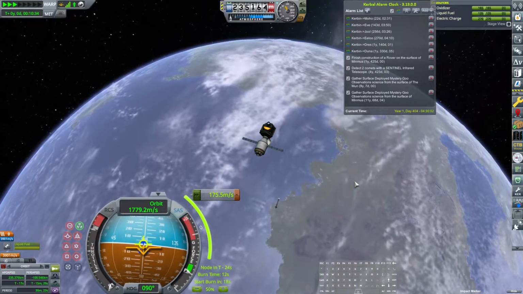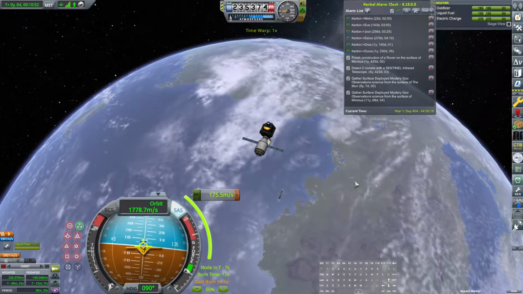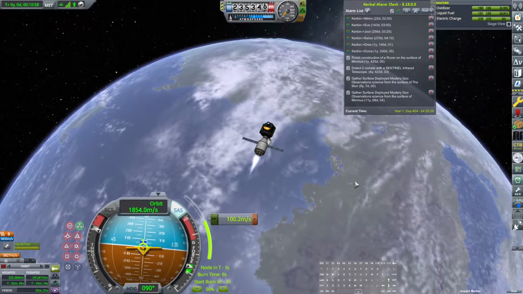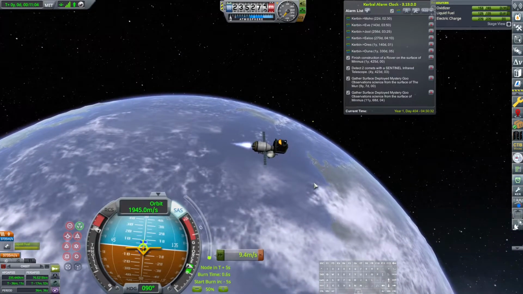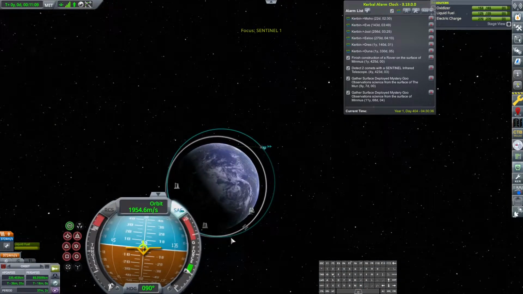Yeah, that must be one of those upgrades to the probe cores that I got. I'm used to the Octo having like 15 electric charge, so I will be honest with you, I didn't even check. I just assumed, and obviously I assumed incorrectly. So, not a big deal. That gets our periapsis out of the atmosphere. It does. Okay, now we just need to